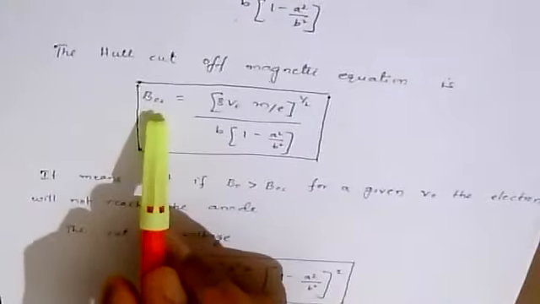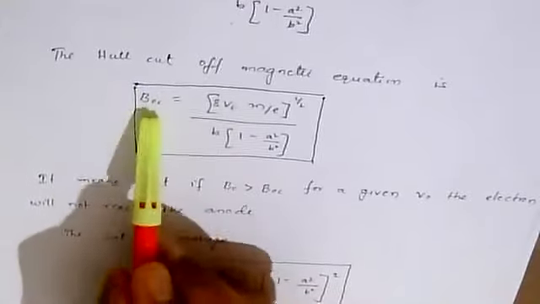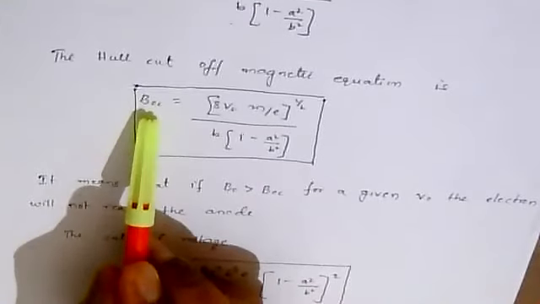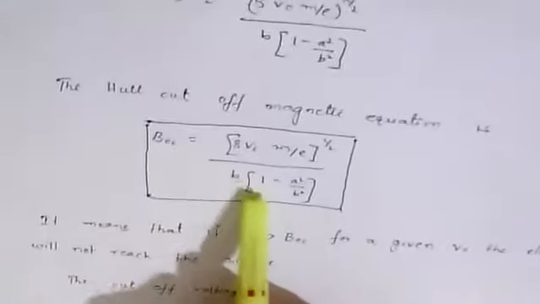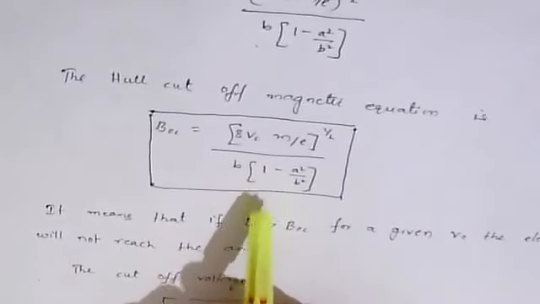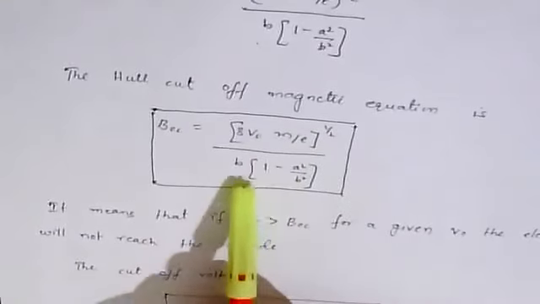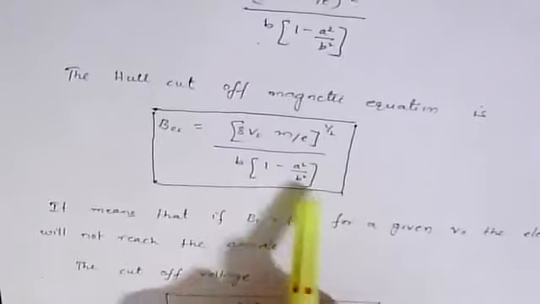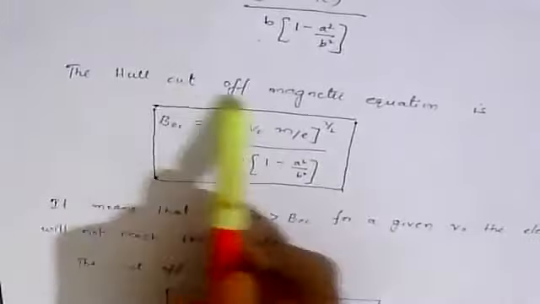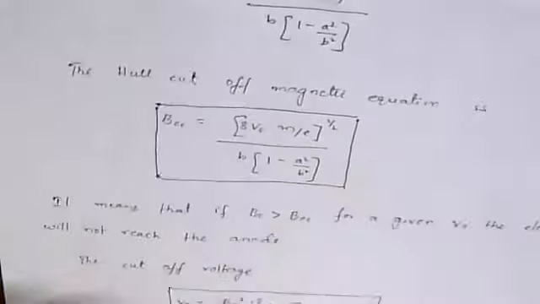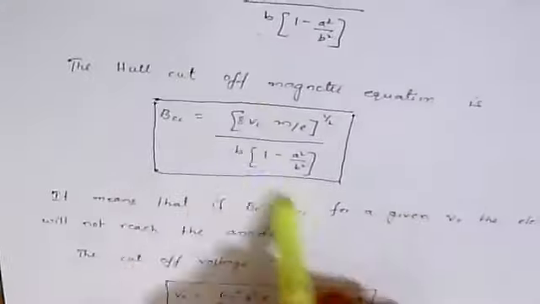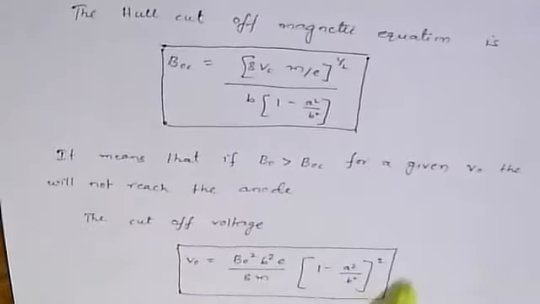After simplification, we'll get the equation, the magnetic field, B_oc. The magnetic field, which is the final expression, is given as 8 V naught m by e, by b into 1 minus a square by b square. This is called the Hull cutoff magnetic equation. Okay. So this is the final expression, and the same final potential is represented by this expression. So it is not much difficult, so I have not taken much